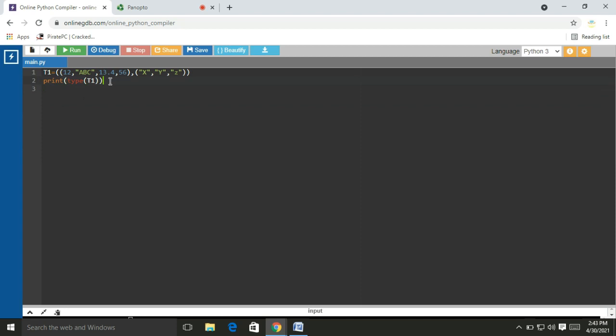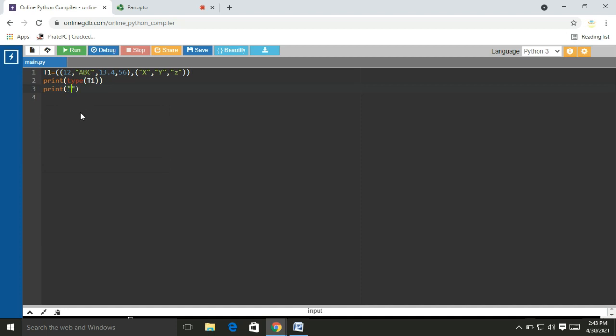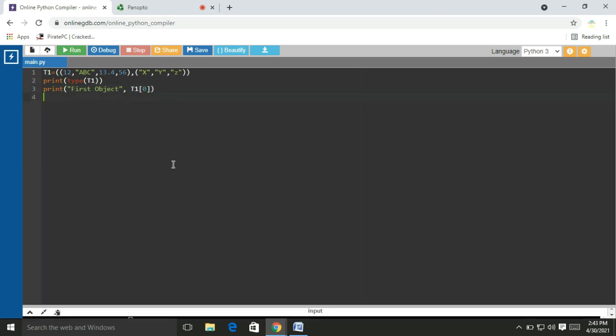Now I will access the first object, that means the first tuple within T1, as print first object, comma, T1 of 0. It will print 12, ABC, 13.4, 56. Yes, the first object is this one. Now I will try to access one of the elements from the second object.